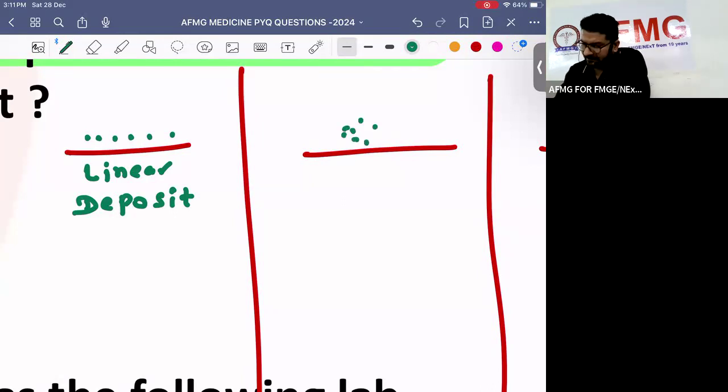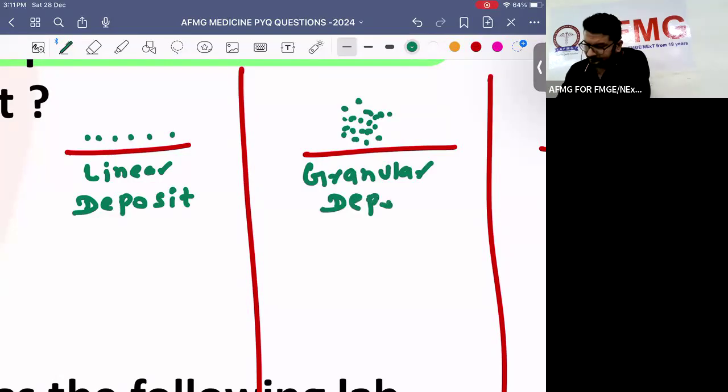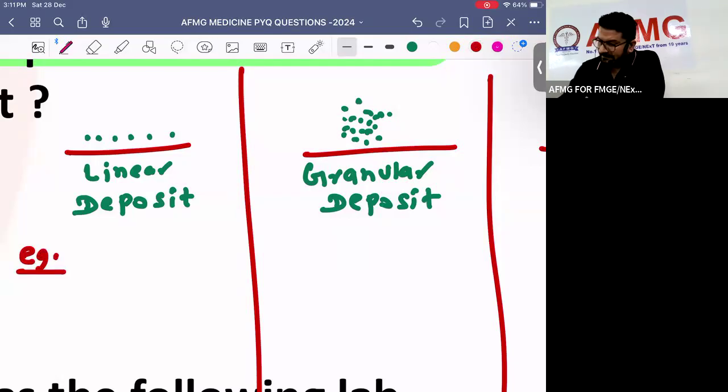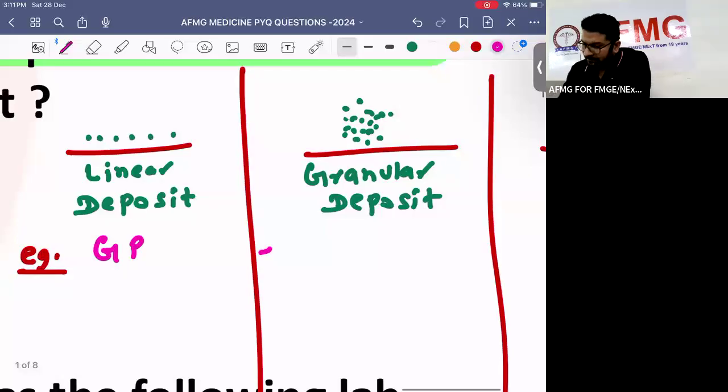If you see deposits in the form of granules, we call this granular deposit. So try to understand this. RPGN is a complication which can occur after any nephritic syndrome. So if you are seeing linear deposit, it means Goodpasture is converting into RPGN. If you see granular deposit, it means